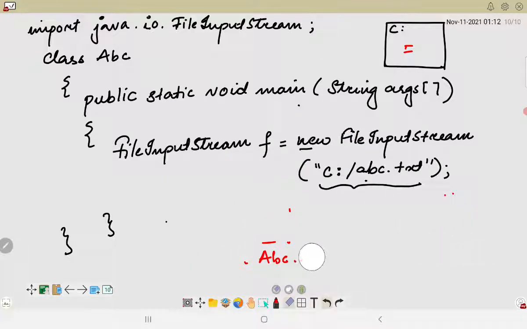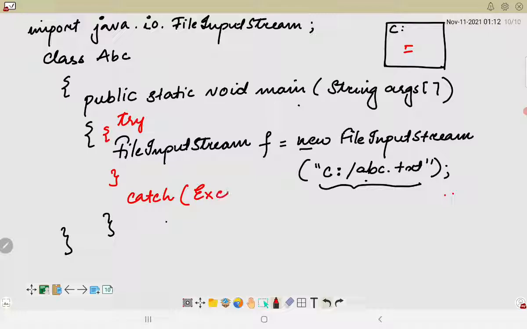Now, if we associate the try catch block here, let me simply erase this. If I'm trying to associate the try catch block here, this try catch block and all of this we will be discussing in our subsequent session, when we will try to understand how we can handle these exceptions. So just for our preliminary knowledge, if I'm trying to use a try catch block,